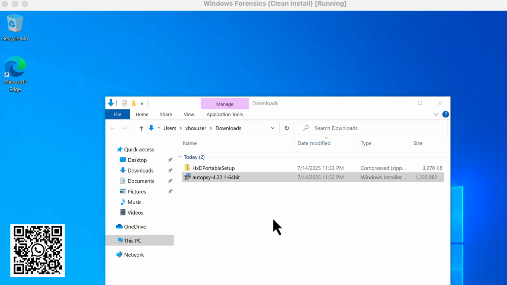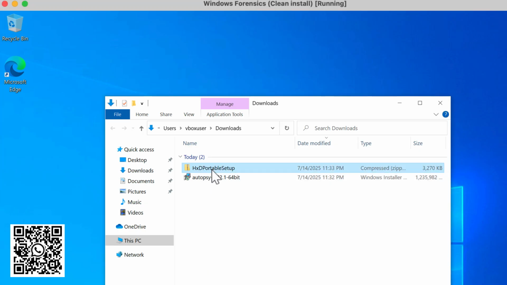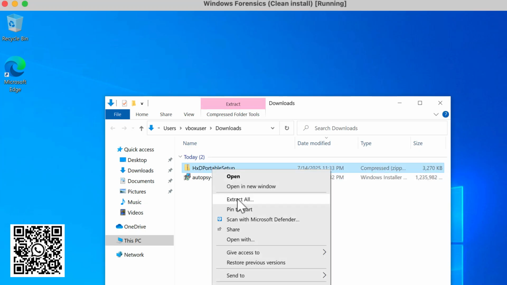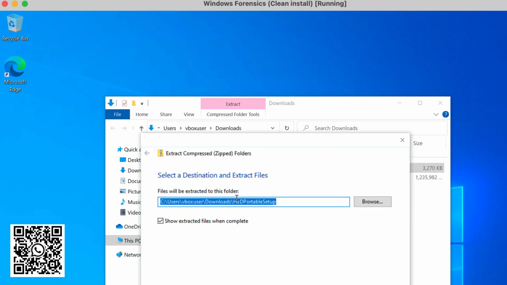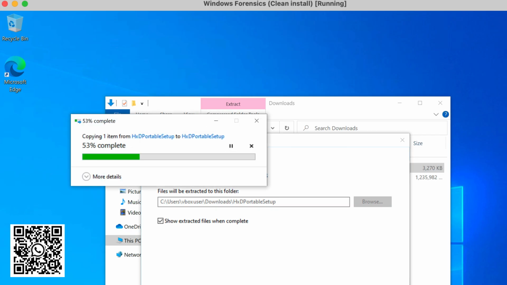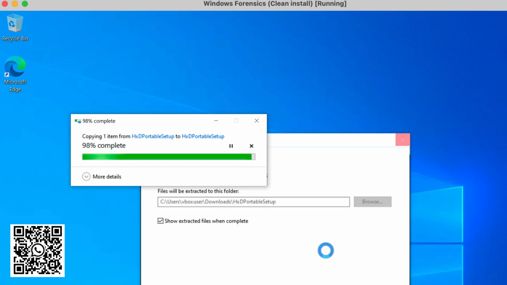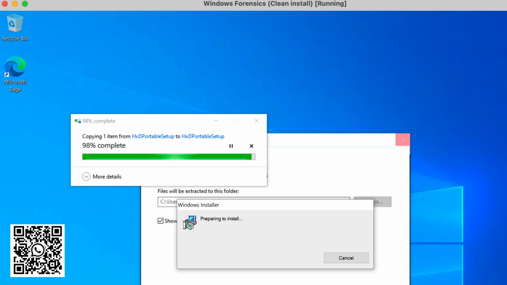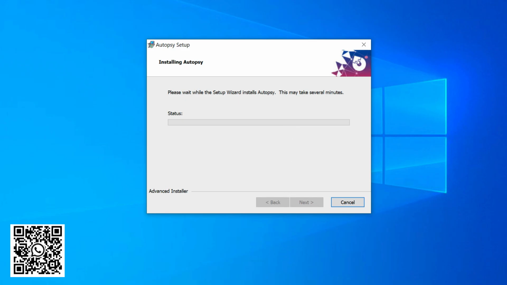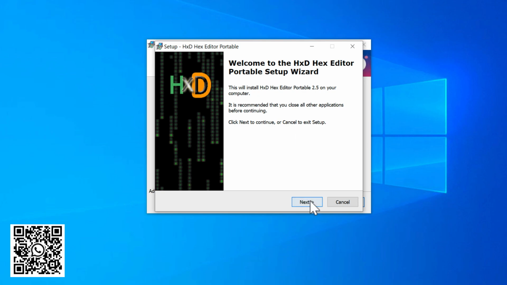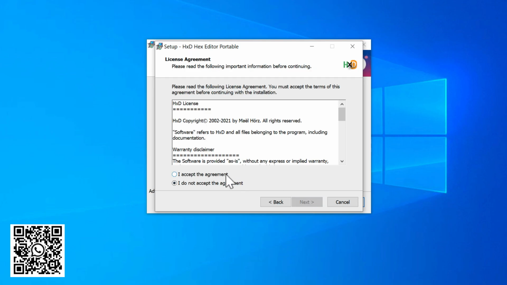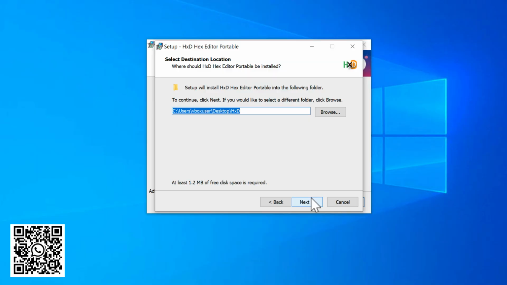In the next video, we are going to take a look at how you can use the software and how you can work around. Now it's time to install Hex Editor. Hex Editor is usually in a zip file which you have to first extract. After extraction, you just have to open the setup file inside the extracted folder. Hex Editor allows you to edit various types of files and especially check the hex values of various files. It is really important to have this editor because in the videos in the next series we are going to take a look at various tools that are used, and this is an important tool.